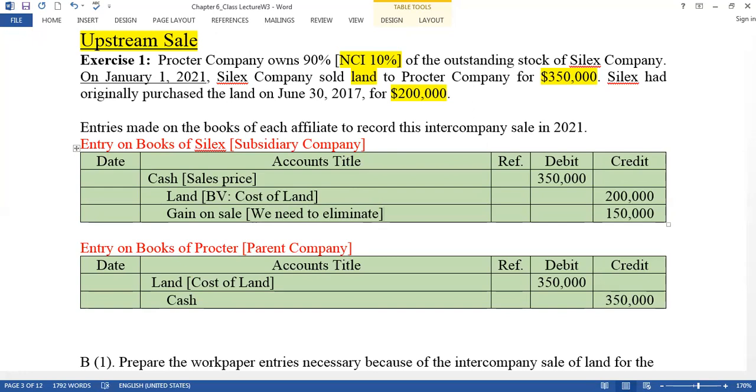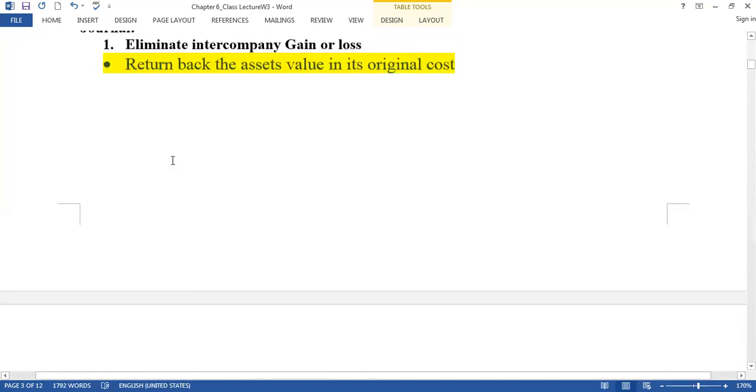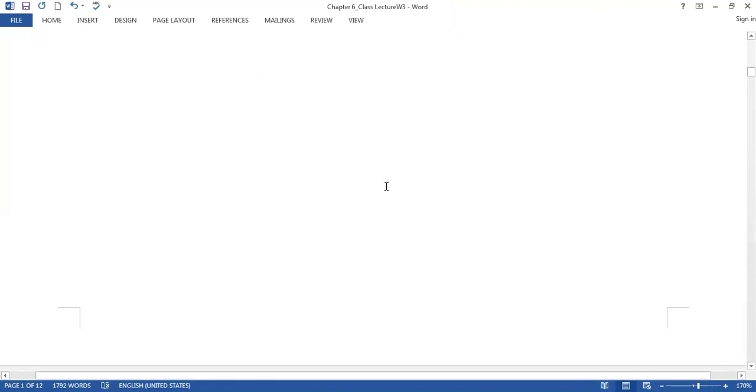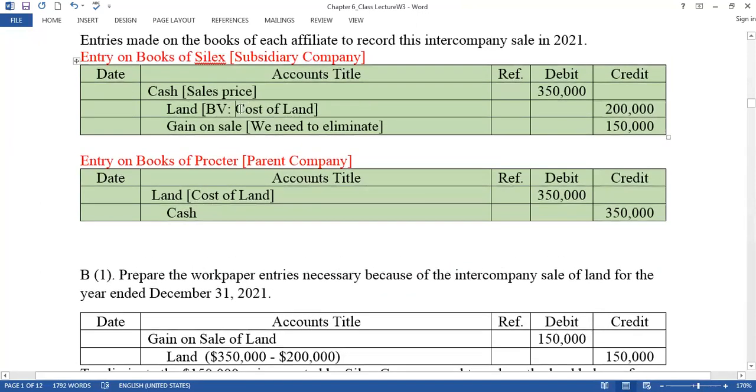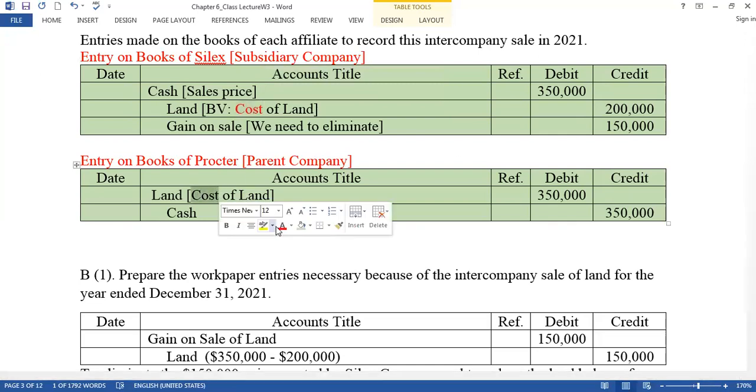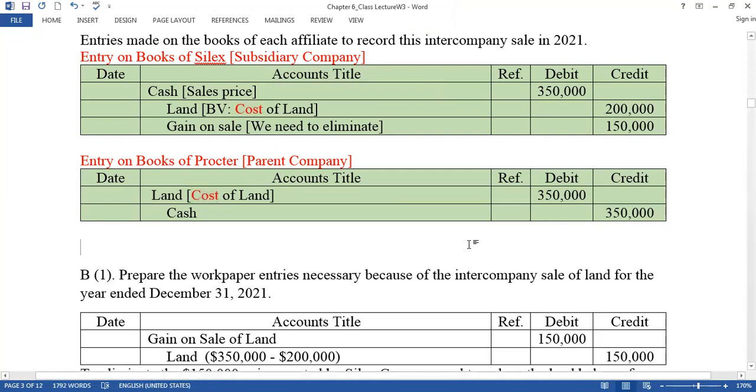This is our first point. Can you remember? And you have to remember the second point. The second point means we have to return our asset to its original shape. Although you can see that in this question we have two costs. One is $200,000. Another cost we recorded is $350,000. So now the parent company records $350,000, but the original is $200,000. Now we have to